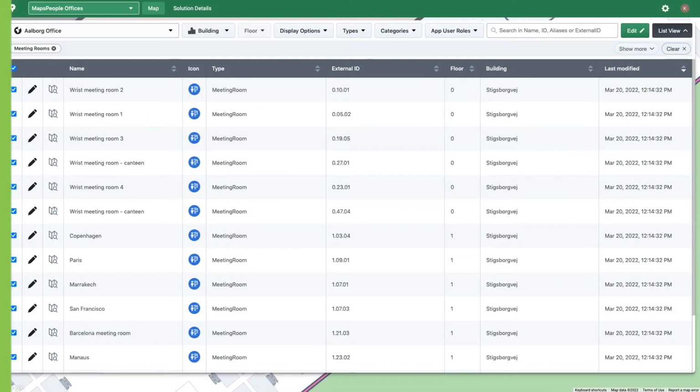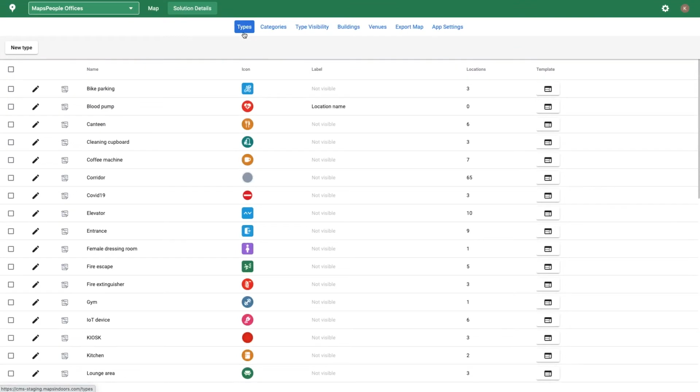To manage location types, go to Solution Details and Types. All locations are associated with one location type and inherit that location type's metadata, such as restrictions and display rules. A base set of location types are defined when your map is first digitized, and you can create new ones